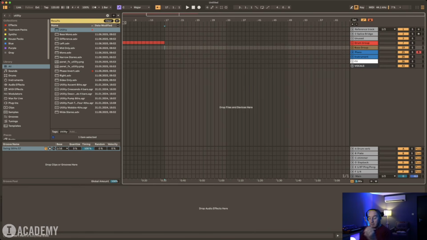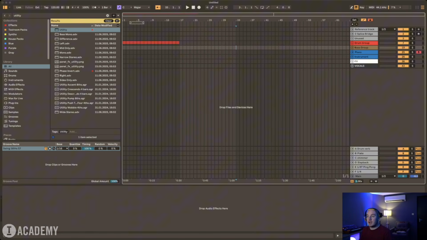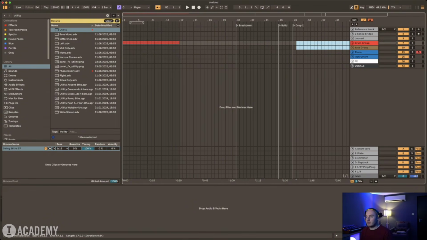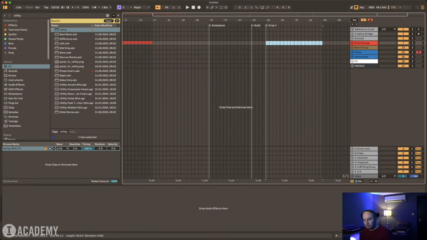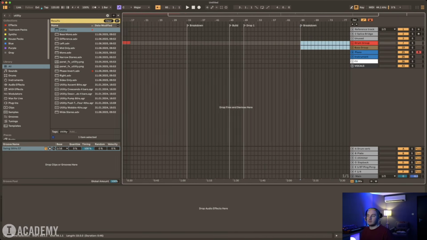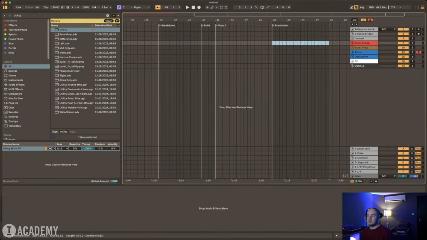The only other thing I might add are my waypoints, so my locators, just so I can move them around if I want to. So I would have a breakdown for starters there. Let's put a drop there. Drop 1. Maybe I'll just write there build, and then I would probably go 32 bars. Yep, there, nice. Add breakdown, and then say, in this track that I'm doing, the second breakdown